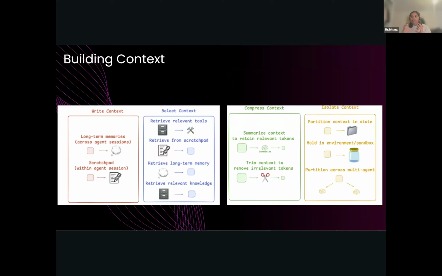And the third problem which generally arises when building context is context overflow, which means you have put so much data in that the agent is not able to handle it, because you haven't provided enough size or memory or tokens for it to handle. In those cases, you will have to compress the context, which means you can only take a certain chunk of data. To make that happen, you can summarize the context using relevant tokens. For example, you can only pick parts of the context that are needed for your conversation to happen, or you can trim it. You can always reduce the size of the data that you have given.